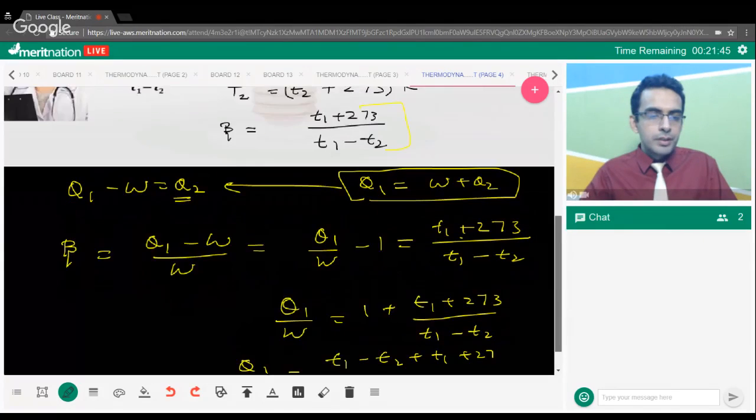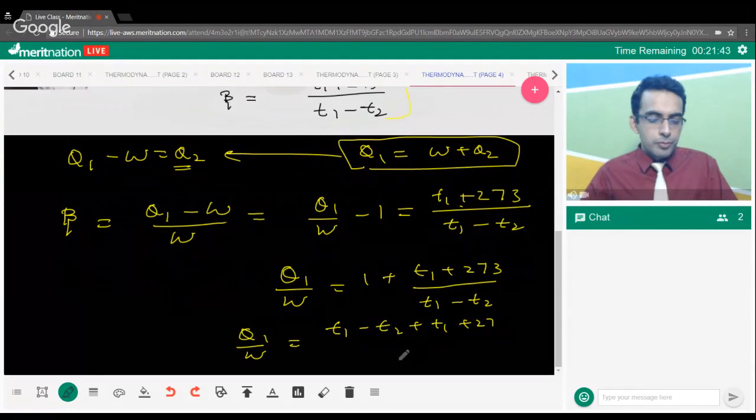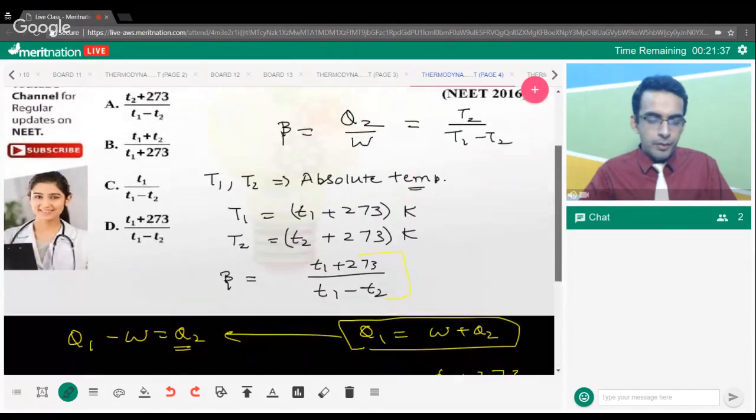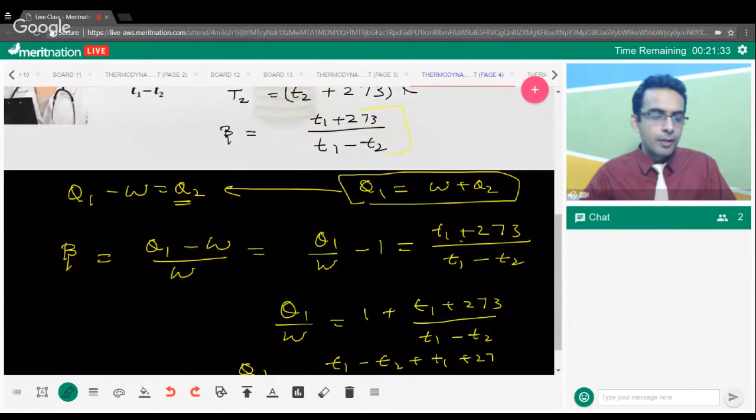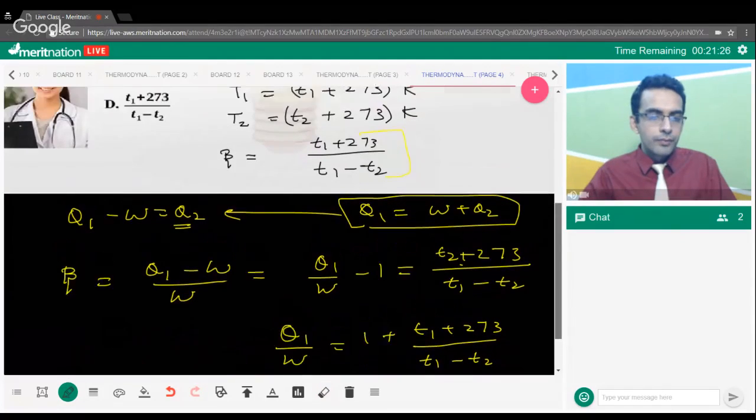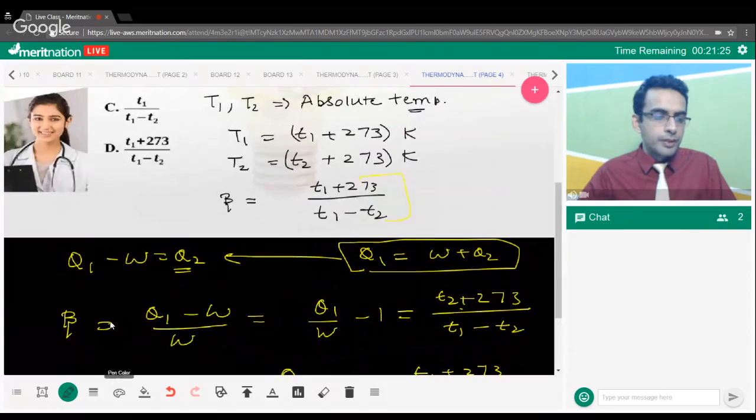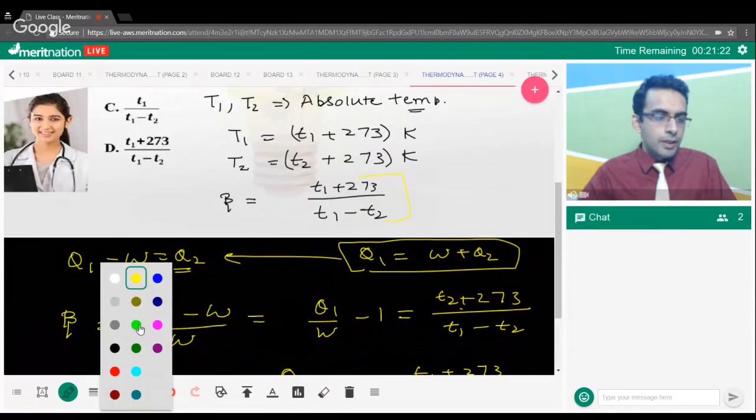Sorry, wait a while. What mistake have we made? It should be, okay, sorry. We have to write T2 plus 273 here. It should be T2 plus 273. We should write T2 plus 273 here, so here also we can correct it,